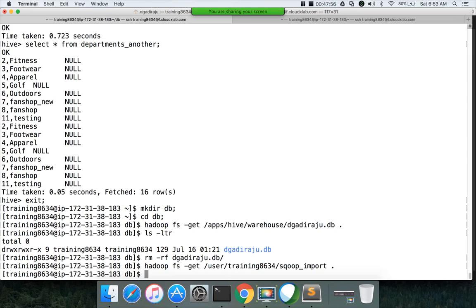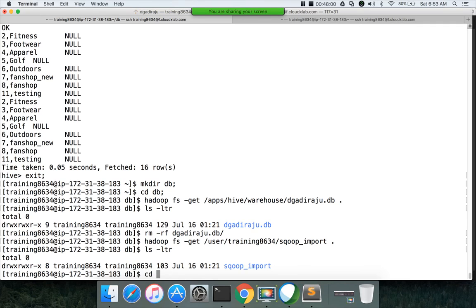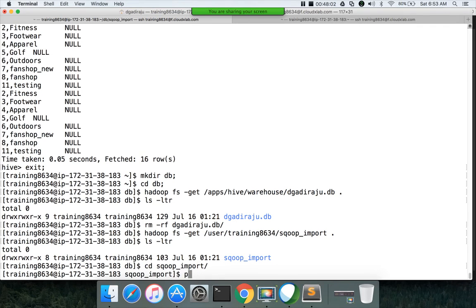Okay, now I can go to this location, cd sqoop_import, and run the perl -p -i -e command. I want to replace comma, and comma is a special character, that's why we have to escape it, and then I want to replace it with pipe.